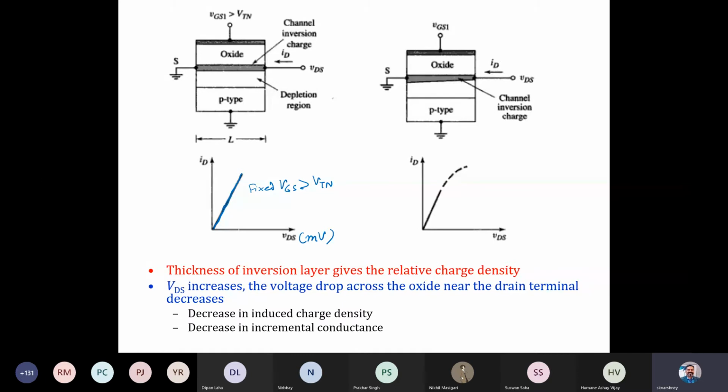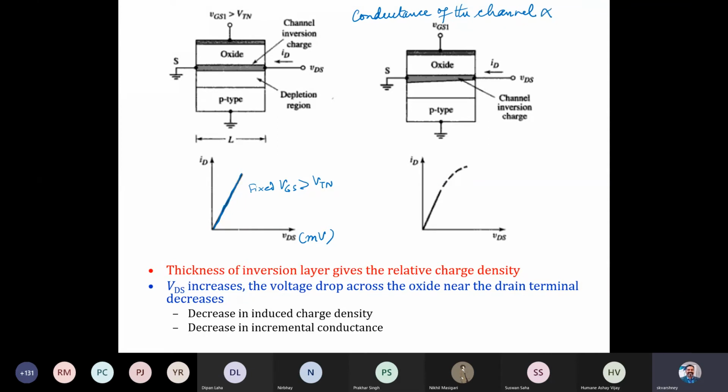So the conductance of the channel basically depends on the voltages which are applied.